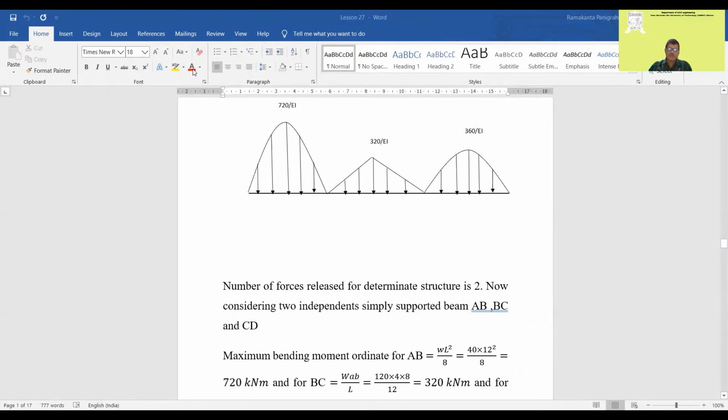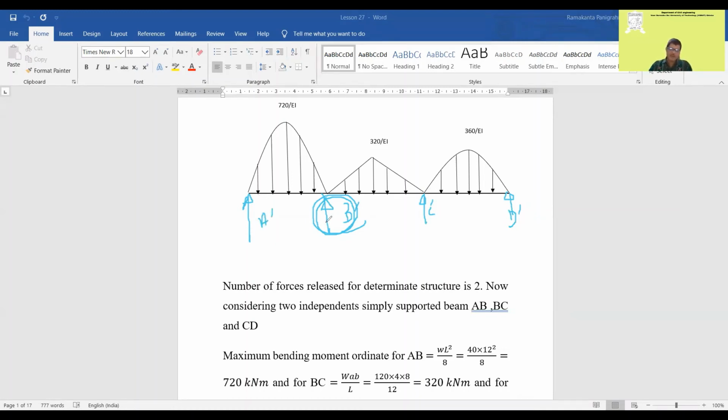Now, the conjugate beam we will draw like this. Now you have to find out B and C. You have to find the shear here, so you will find the shear force in this conjugate beam. Let the points be B dash, C dash, D dash, A dash. These are the nomenclature for the conjugate beam.